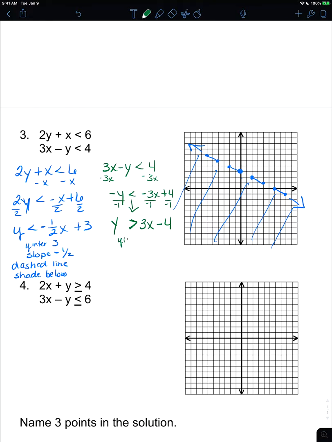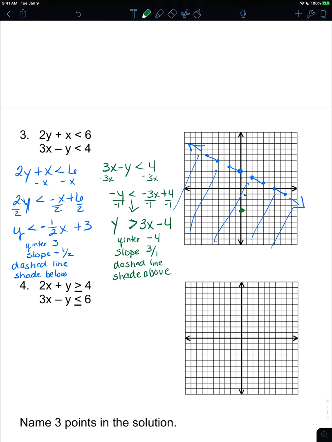So our y-intercept is at negative 4. We have a slope of 3, which is up 3 over 1. This is also going to be a dashed line because it is just greater than, not also equal to, and we will shade above the line because it's greater than. So we're going to start at negative 4,